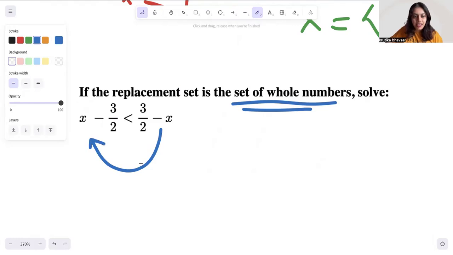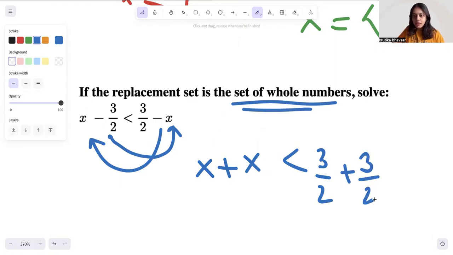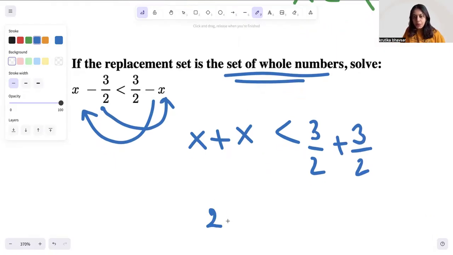I'm going to take x here, and at the same time I'm going to take 3 by 2 here. Okay, so let's take it step by step. Let's take x to the other side. It becomes minus on the right hand, so it comes as plus. We have the sign as it is. We have 3 by 2 here as it is, and this 3 by 2 is actually negative and it goes here, becomes positive. Okay, so we have 2x is less than